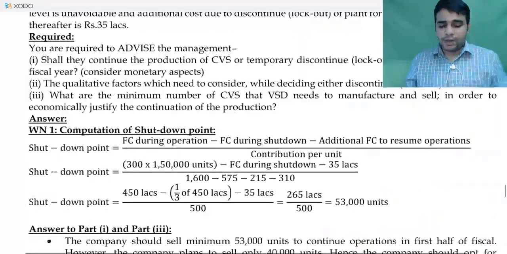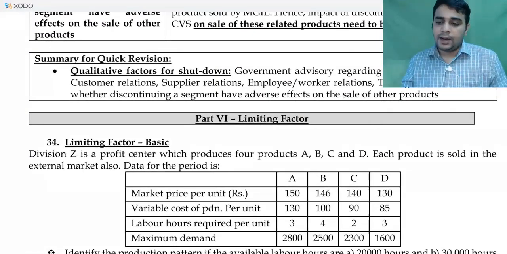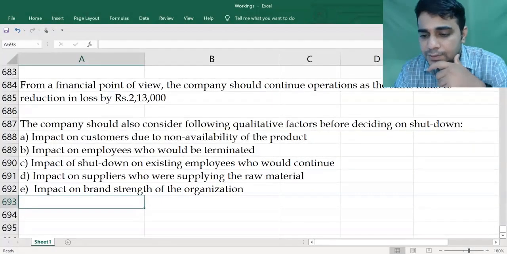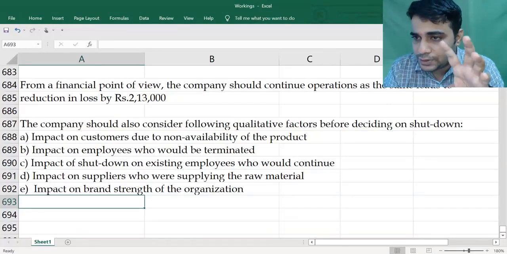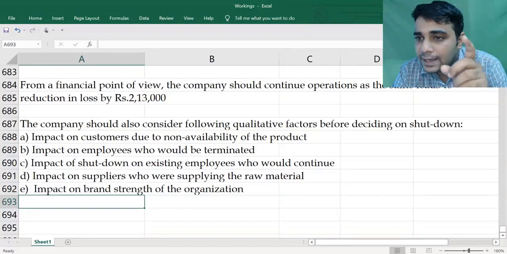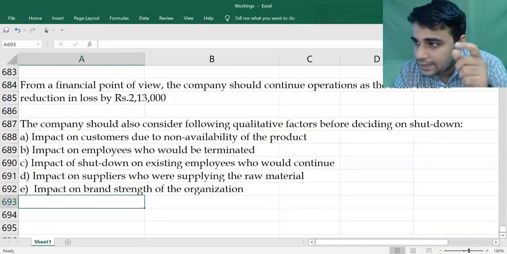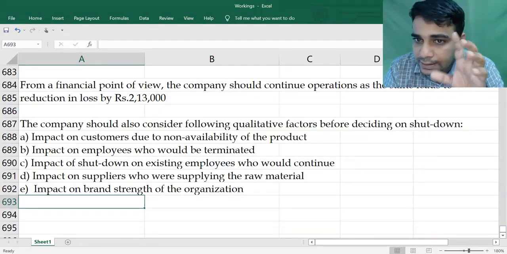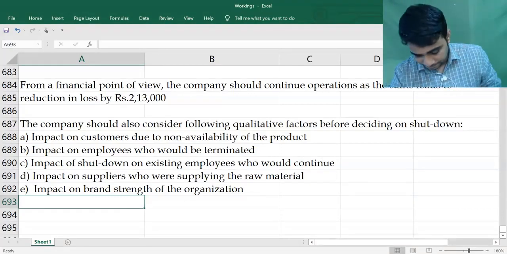Okay, now I'll move to the next area called limiting factor. Earlier this used to be an extremely important area when it comes to the old syllabus. New syllabus, I cannot say that much importance, but still an area which you need to be aware of. Also, this chapter has linkage to an area called linear programming. Linear programming is something which is an extra chapter for you. So this has total linkage with that area. Let me first explain what we are doing in limiting factor.